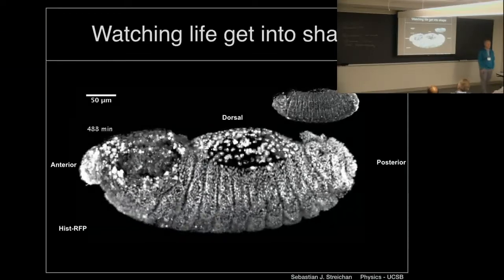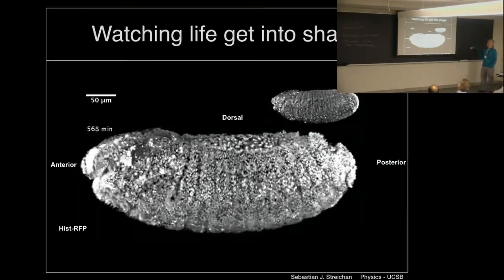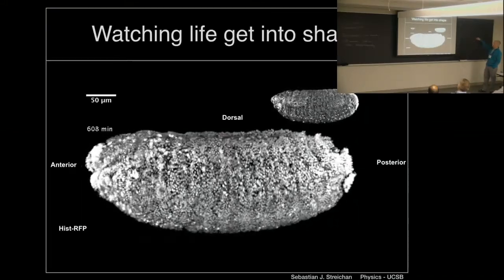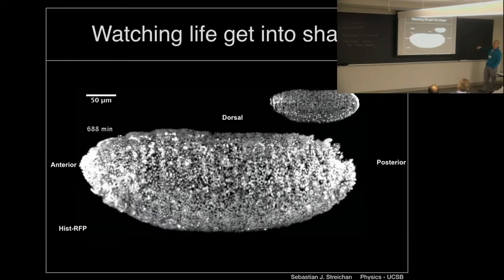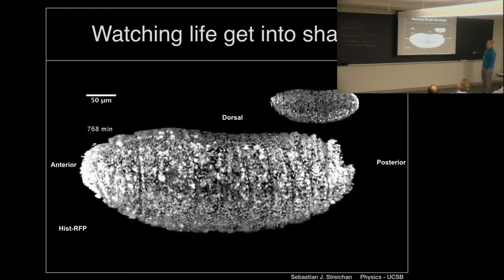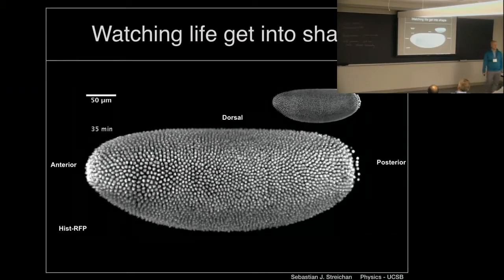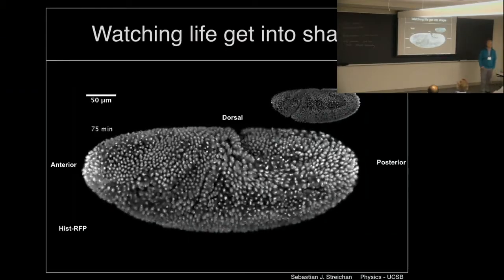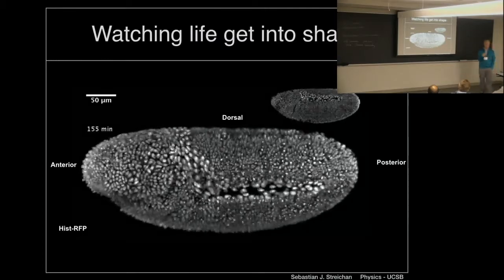Initially you have these 6,000 cells that are not structured in any crazy way, and now here you can see how structure has emerged, right? You can see these individual segments, and if you carefully counted them, you will find that there are 14 of them. Maybe you can't see it in this particular video, but there are also inner organs now being assembled. So there's a gut, there's a brain, there are muscles, there's a heart, and there is a trachea